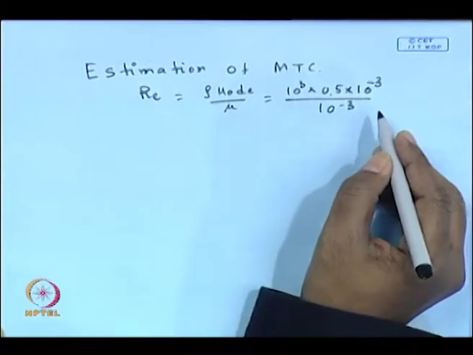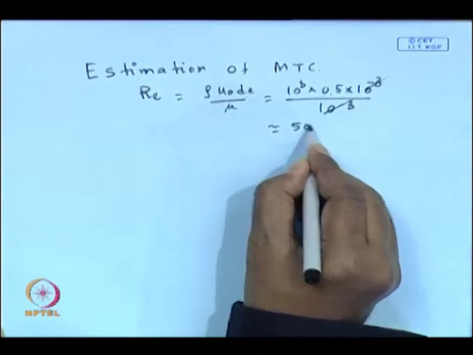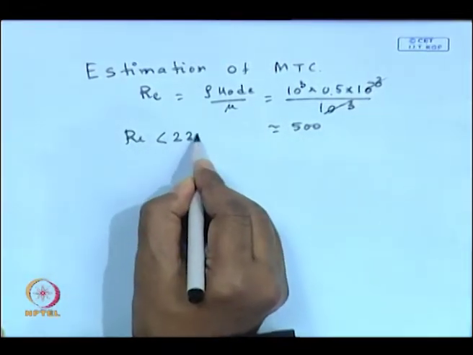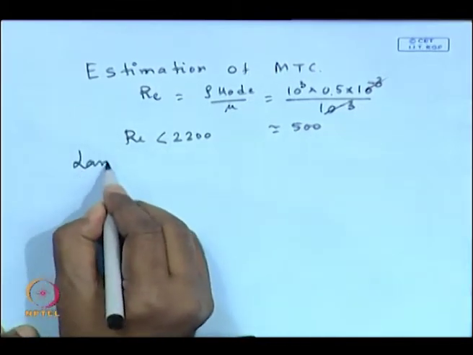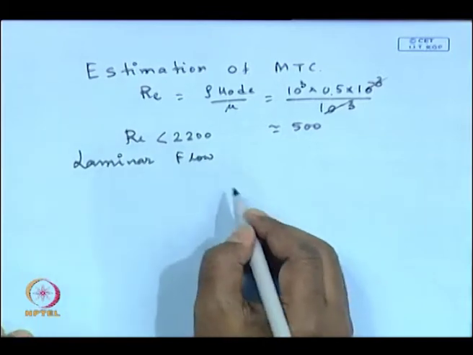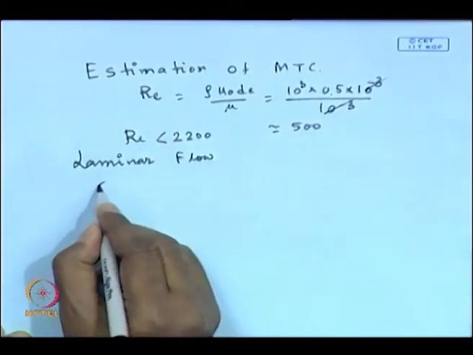So, this will be how much? 10 to the minus 3 will be cancelling out. So, this will be around 500. So, Reynolds number will be much less than 2200. So, you will be having a laminar flow. Okay. So, for the laminar flow you have to use the Sherwood number relationship, which is valid for